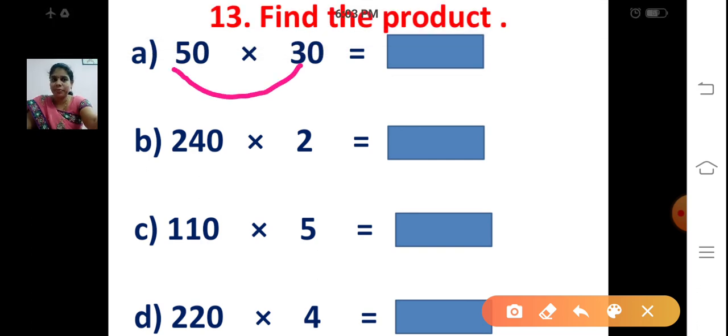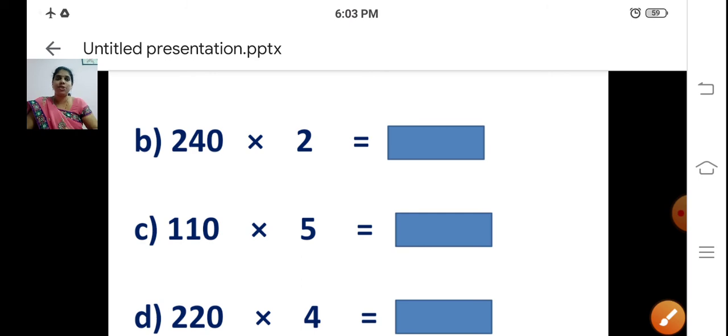5 3s are, you know, 5 tables, right? Now tell me the answer. 5 3s are 15. So write 15, followed by how many zeros you have? Count the zeros in both the numbers. 1, 2. So write that after the result of step 1. So now the answer is 1500. It's easy to multiply like this, right? So when you have zeros, it's easy to multiply.